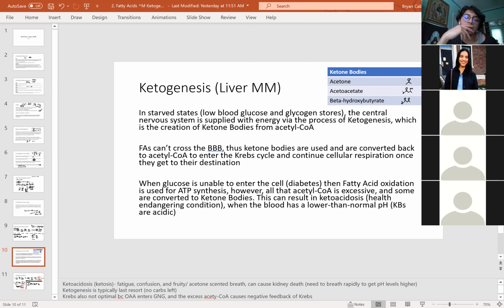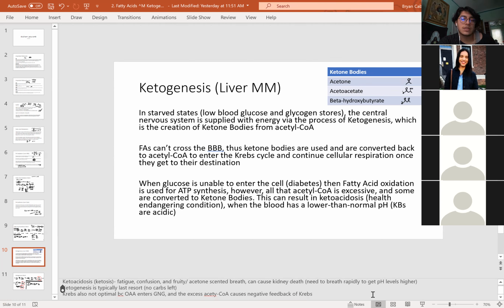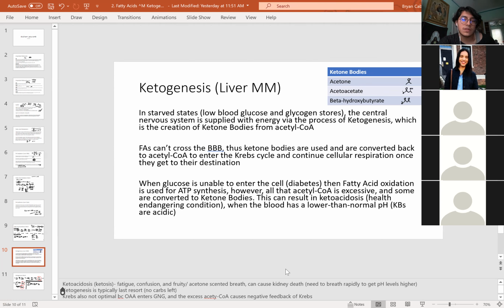This typically happens for people with diabetes, simply because they can't get the glucose that they eat from their meals into their cells to do cellular respiration, and so they typically use their fat stores to produce enough energy for their system. And what happens is that they have so many ketone bodies lying around that you have an overall decrease in pH. Some symptoms of ketoacidosis, or ketosis: you have fatigue, you have confusion, and